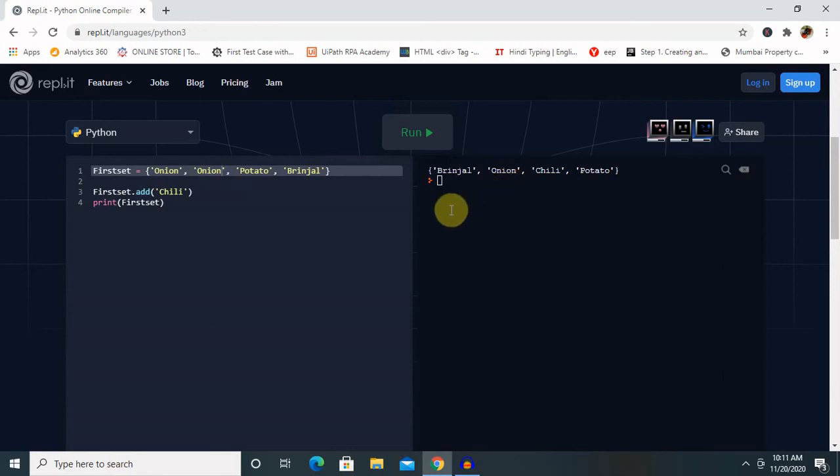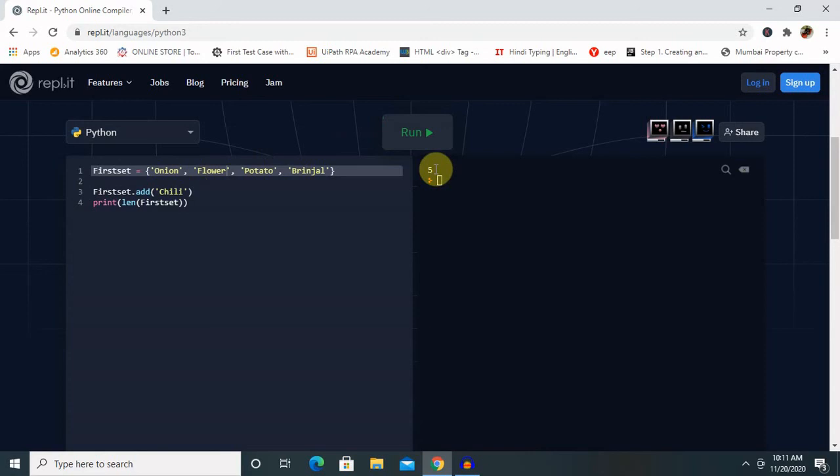So if we want to print the length of the set, then we have to use len and provide the name of the set and then run. We will get length 4, because here it's 3 and this is the fourth one. So if I change the name here to flower, I will get 5. Now you can see it's 5.